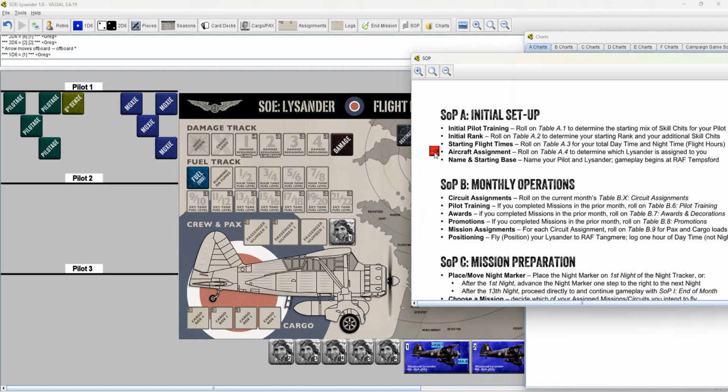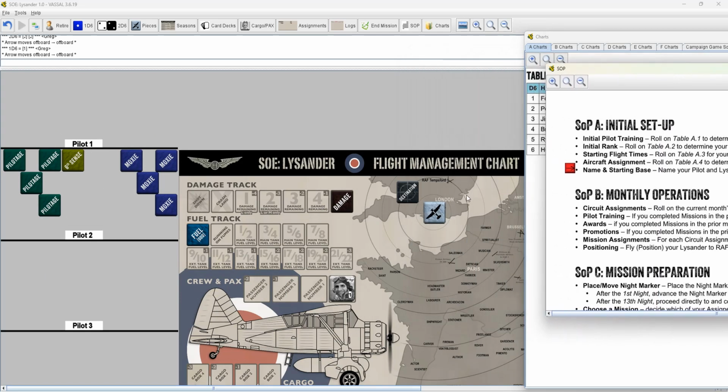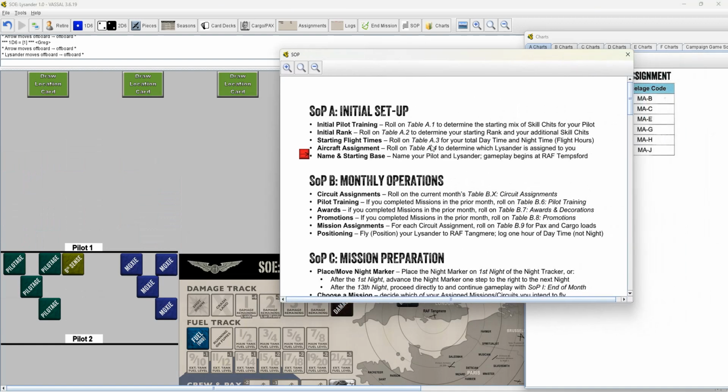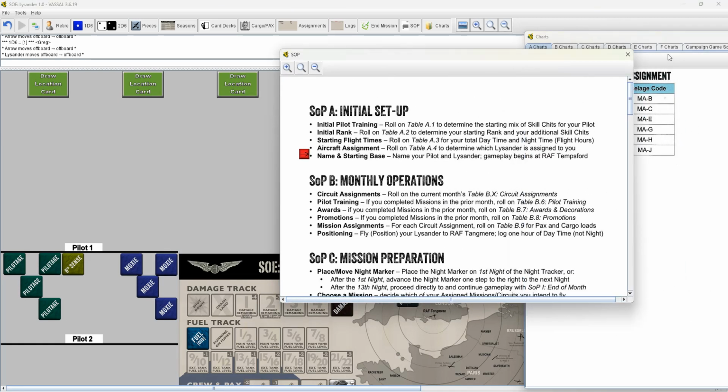Name and starting base. Name your pilot and Lysander. Gameplay begins at RAF Tempsford. And we're up to here, not down in Tangmere, because we're going to have to move down. And I am just going to put, let's see, I think we have,